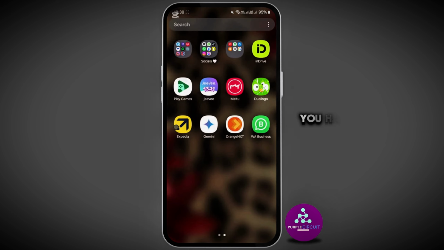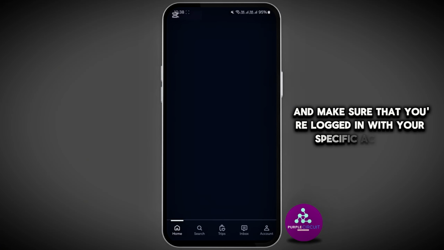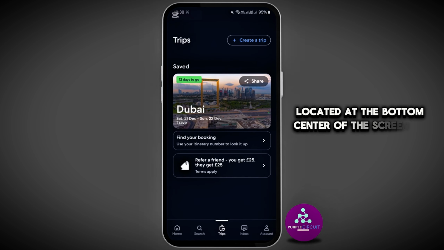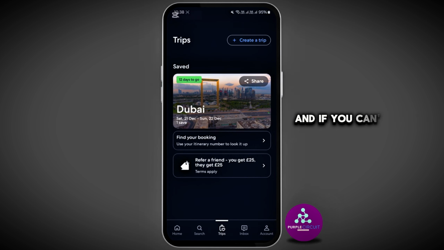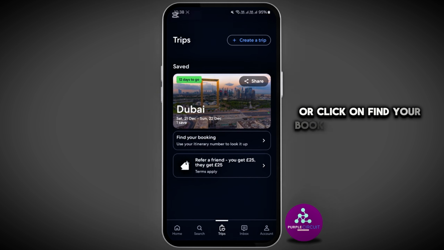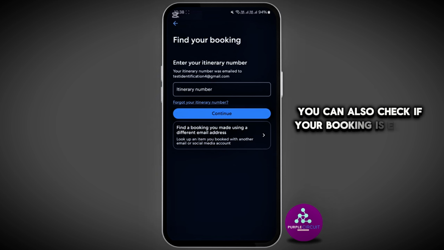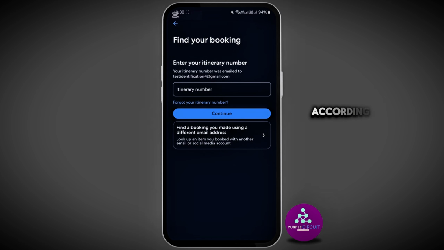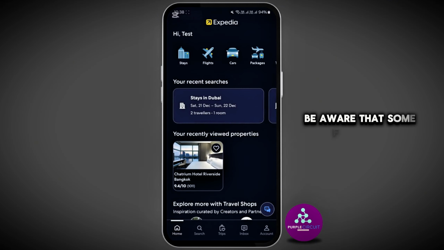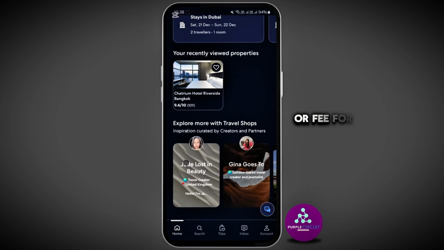So first of all, you have to open the Expedia application and make sure that you're logged in with your specific account. Now go to the trip section located at the bottom center of the screen to find your booking. And if you can't locate it, try refreshing the page several times or click on find your booking and enter your itinerary number. You can also check if your booking is eligible for free changes according to Expedia's policy and the airline's terms. Be aware that some fare types or promotional bookings may have restrictions or fees for changes,